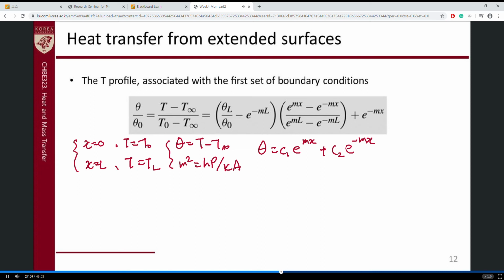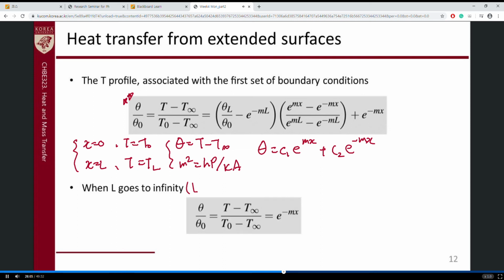Okay? You can do that. I will not solve the problems because there is too much mathematics inside. Okay? There's one more thing that we have to do, which is L goes to